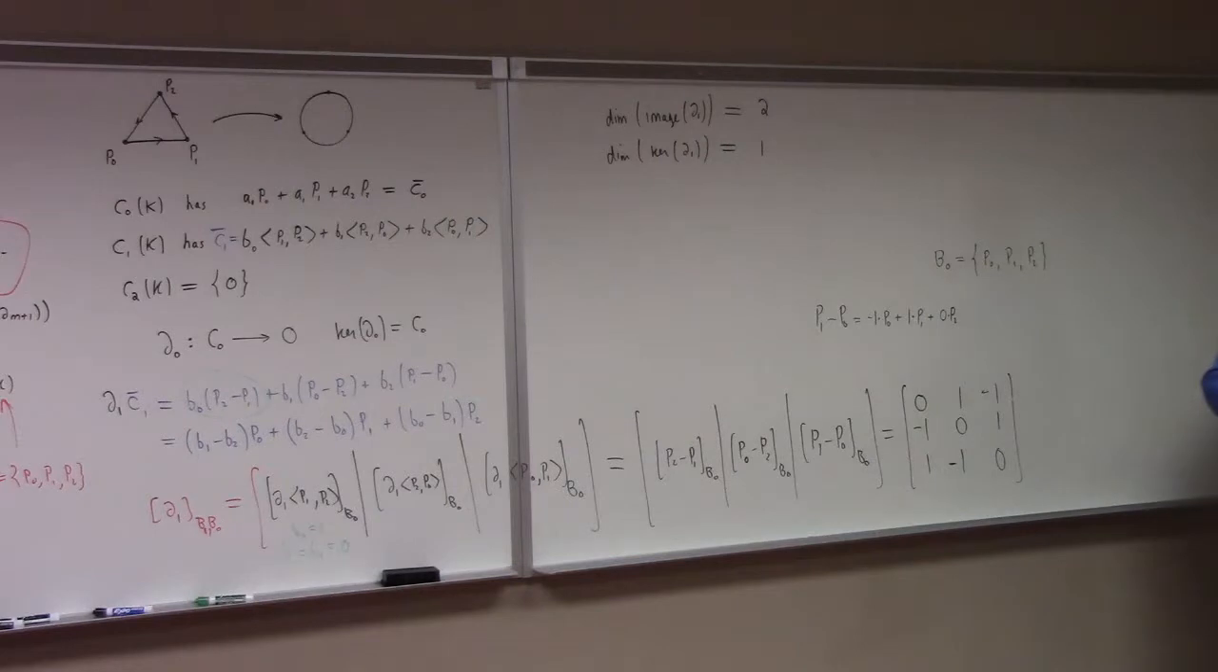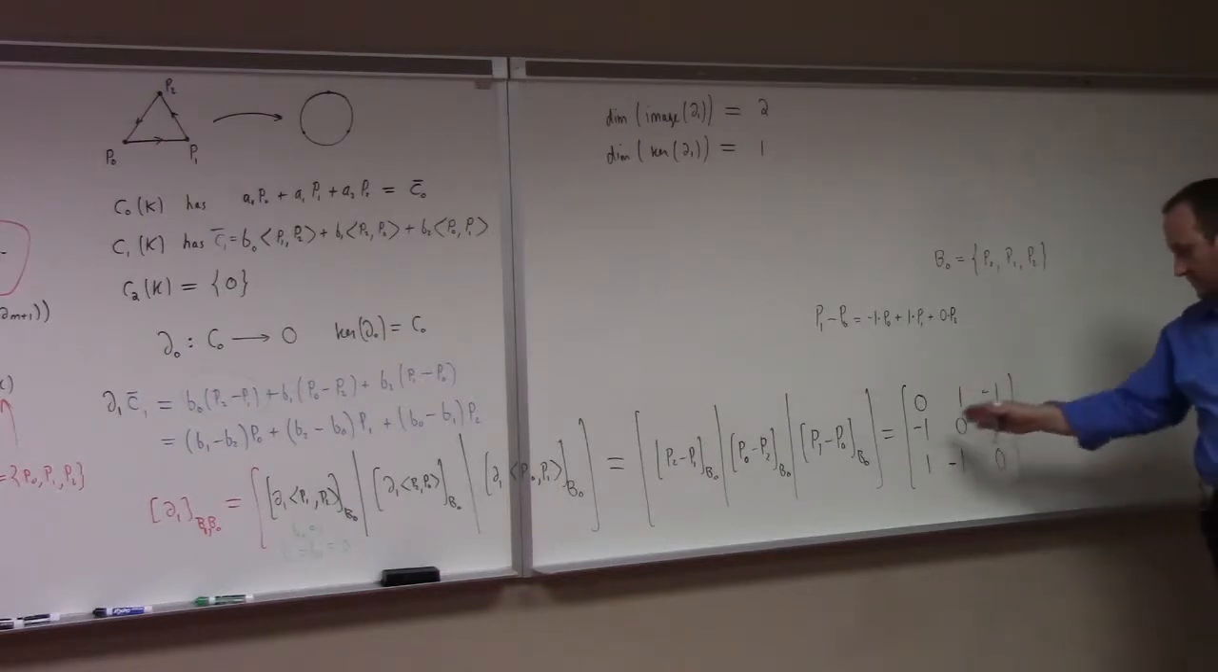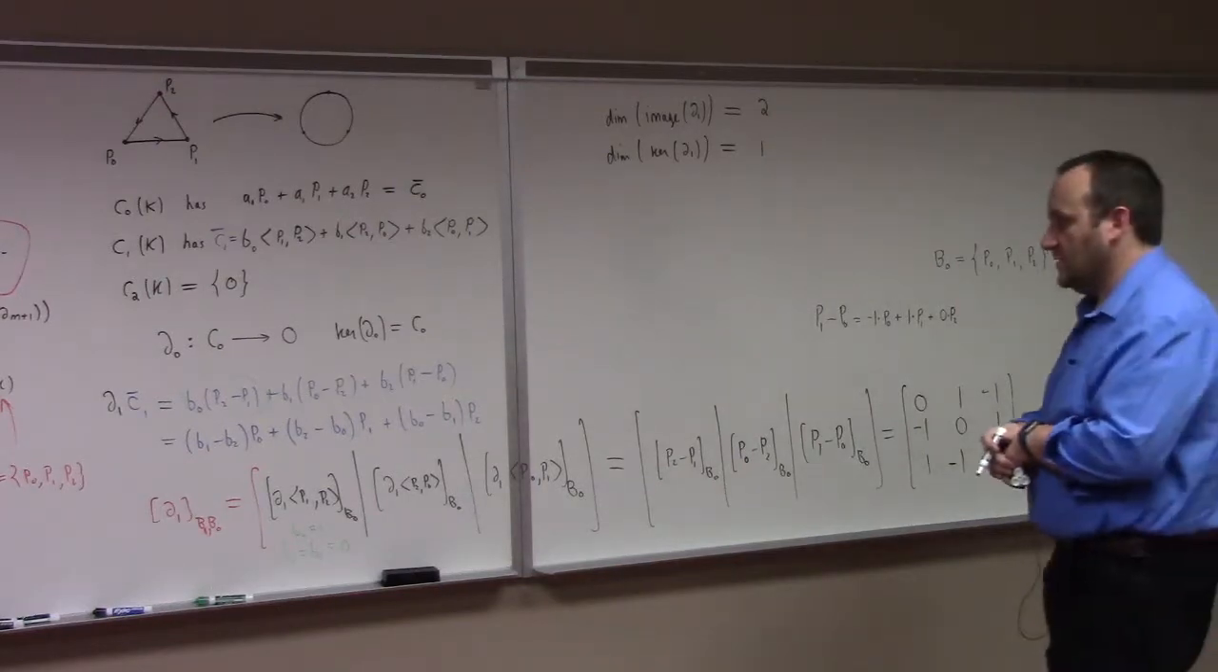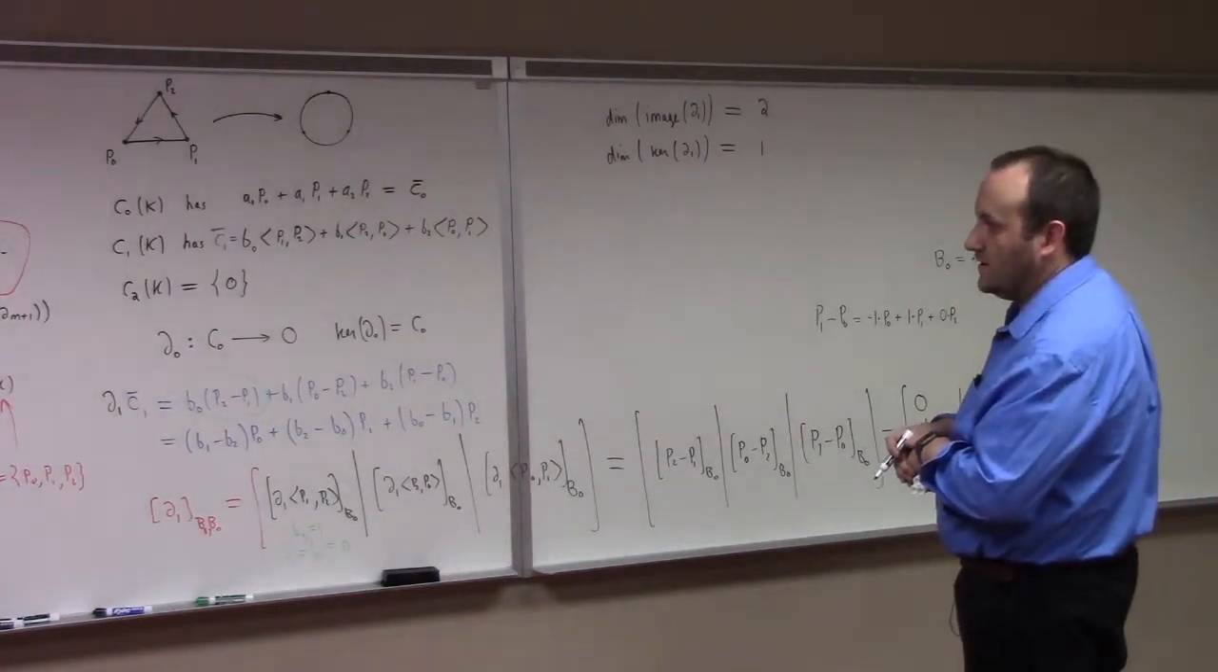Remember, rank nullity says that the dimension of the image, the rank, plus the nullity of the matrix has to be the number of columns, which is 3. You said there's only 2 linearly independent columns? At most 2. Pick any 2. Okay. So now that we've done the work,